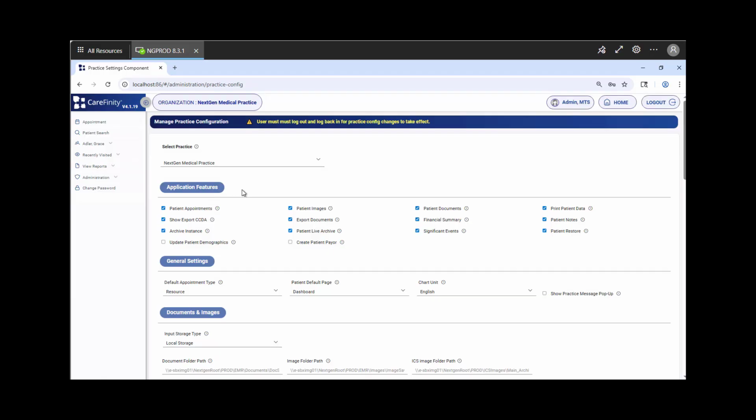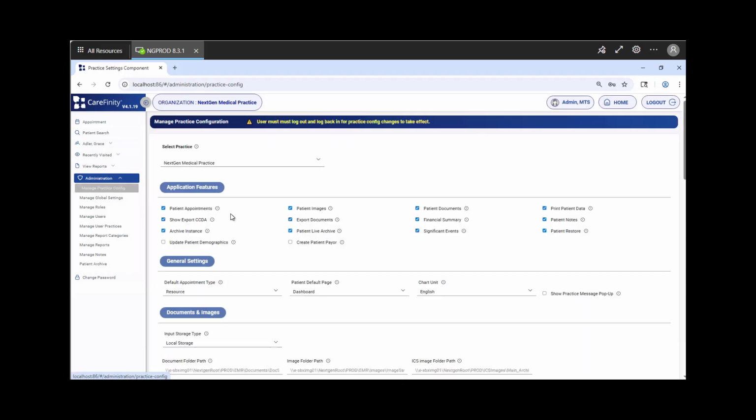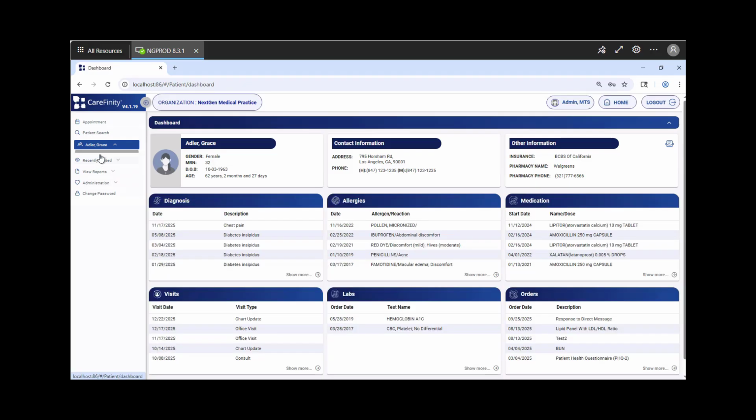So application features, high level, controlling what you see on the patient toolbar on the left-hand side. So going back into Manage Practice Config, if we go down to the next section, let's take a look at our general settings, and we're going to specifically look at the patient default page. The patient default page is where you're allowed to set a practice level default to either open the dashboard or the patient timeline. So to illustrate this to you, you have an option for each patient for the patient dashboard